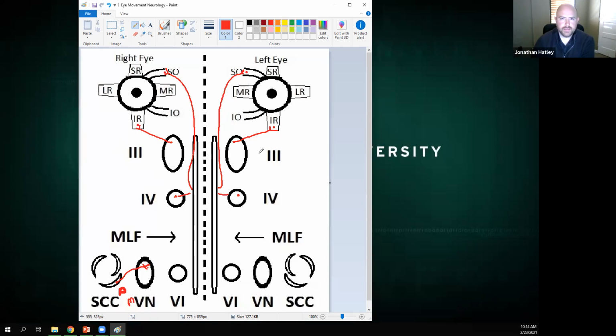How does it get there? Is it via the MLF? Is it via some other pathway? And in fact, the pathways for the posterior canal do utilize the medial longitudinal fasciculus. However, they do so by crossing over. So they're going to cross over and they're going to ascend up the medial longitudinal fasciculus to the layer of